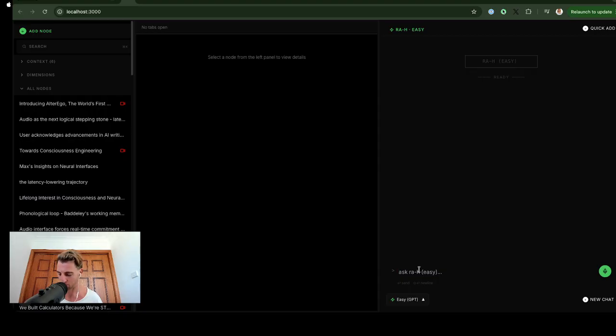Actually, one more thing. I was using Super Whisper. I'm sure some of you are familiar with it. It's a great keyboard shortcut where you can talk and then it will transcribe and paste the text. Monologue is another really good app that does this. I still use them, but they don't force you to do this thing that we just spoke about, this loop, this forcing function that happens when you have to speak in real time. So that's why I added the audio feature back into the app.